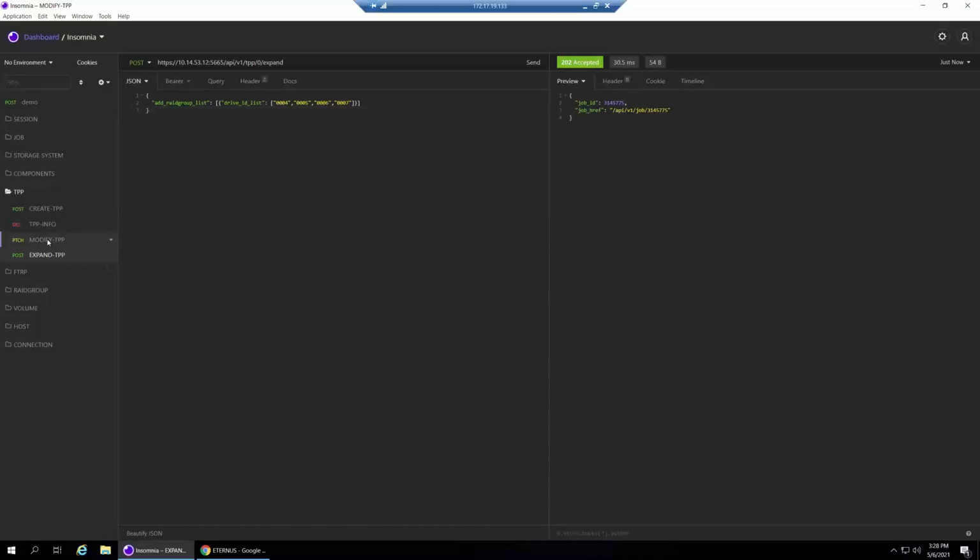And here is where we can also see how to use the patch method. As you can see, we're now on patch. Again, we're referring to a TPP path, and we'll be modifying TPP number 0. How do I know that the TPP has an ID of 0? I don't, but I can get the info and see which TPP pools are available for us.